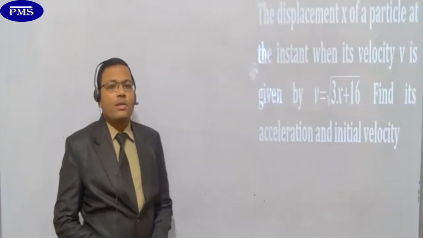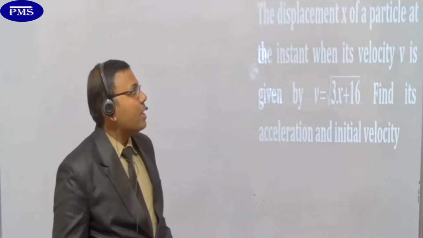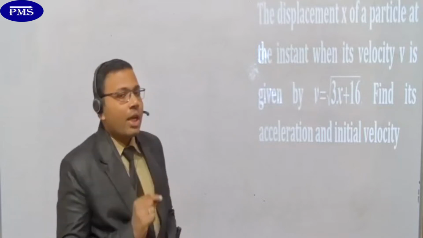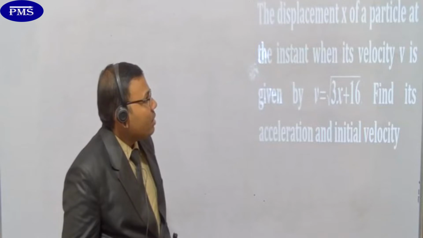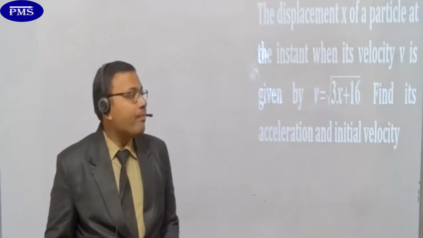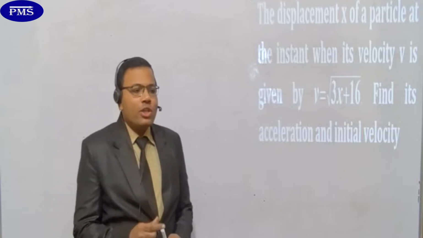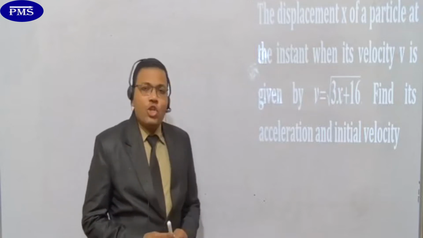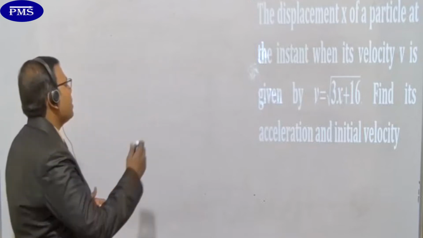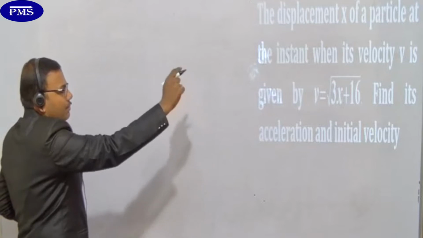The first question is displayed on the board. What is the first question here? You can see the first question, the displacement x of a particle. बेटा अच्छे से देखना है, the displacement x of a particle at the instant when its velocity is given by v is equals to under root of 3x plus 16। यहां पे दो क्वेश्चंस दिया हुआ है बेटा आपको, एक तो क्वेश्चन फाइंड आउट करना है फाइंड इट्स एक्सेलरेशन एंड द सेकंड वन इज द इनिशियल वेलोसिटी। तो कैसे कैलकुलेट करेंगे देखिए अब आप। द फर्स्ट, अच्छा फॉर योर अंडरस्टैंडिंग ना बेटा, कौन सा फॉर्मूला कब यूज करना है आपको